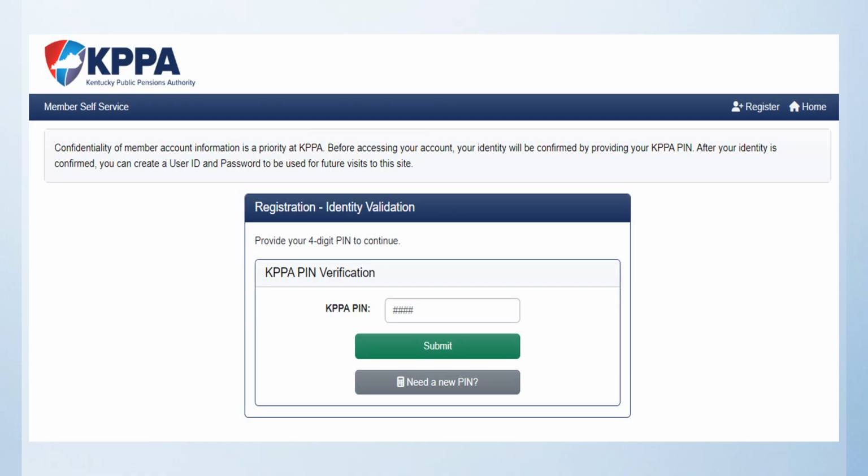The next screen requires you to enter your 4-digit KPPA PIN. This is a number that has been assigned to you in the past. Do not guess what your PIN is. It is not a number you created. If you enter an invalid PIN 3 times, the PIN number will be locked and you'll have to request a